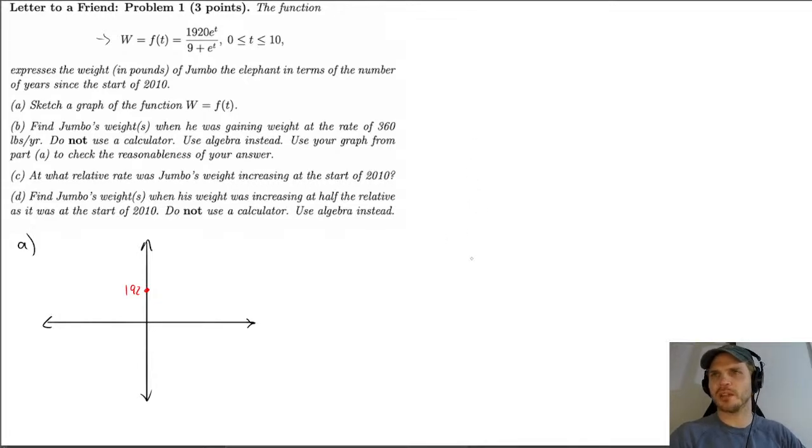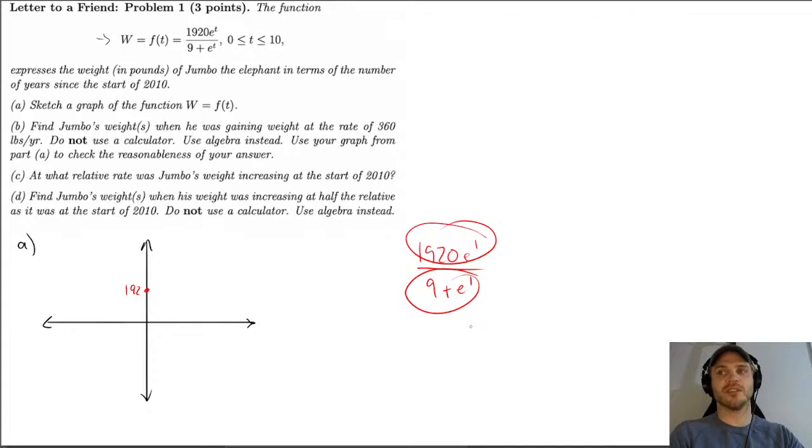So let's put in 10. So this is going to be 19. Well, let's do 1. So 1920 e to the 1 over 9 plus e to the 1. So if you don't have a calculator, this is a little less than 3, and this is a little less than 3. So I'm going to multiply the numerator by 3, and divide that by a little less than 12. Okay, so that is going to be a bigger number because,